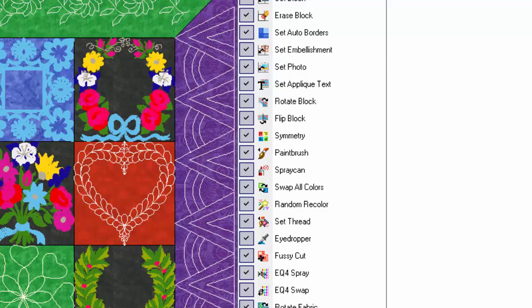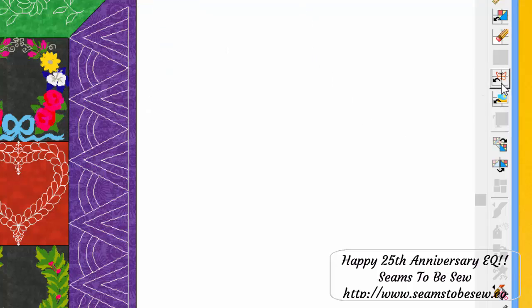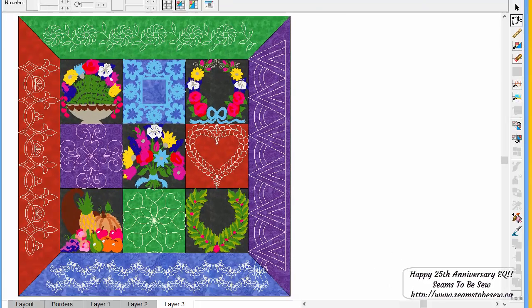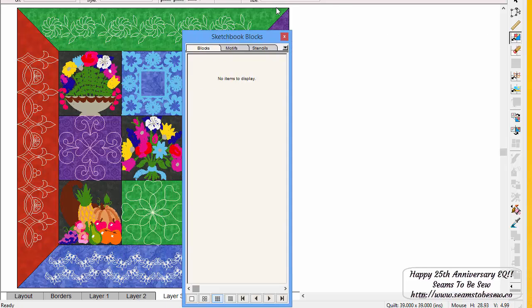When I add it, it adds this icon over here. This is your set embellishment tool. So now that it's added, I'll be able to add the embroideries. It's different with the quilt. You're not adding quilt blocks or motifs or stencils like when you have here the ability to add